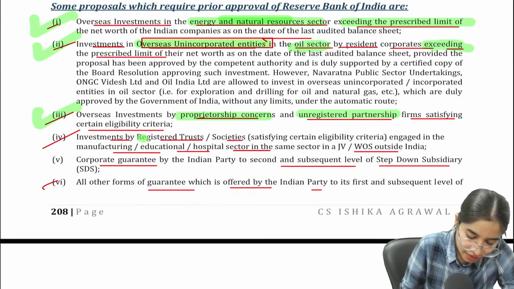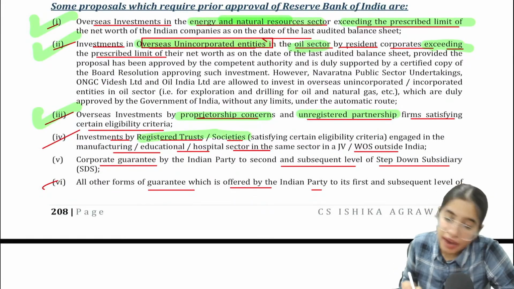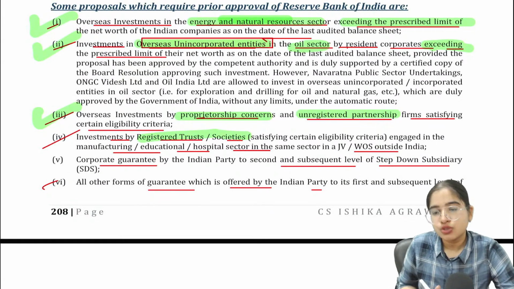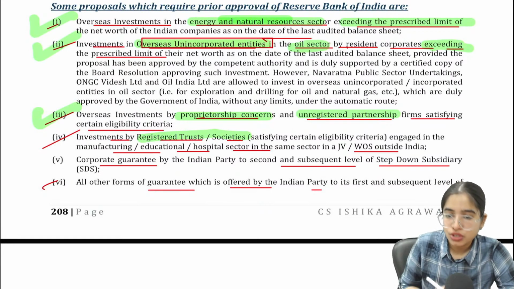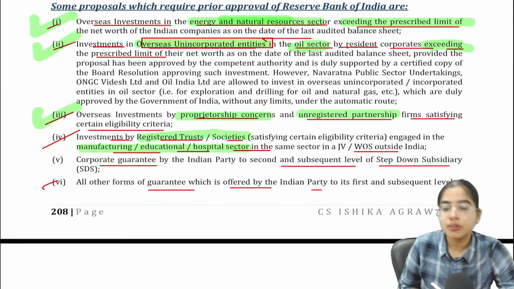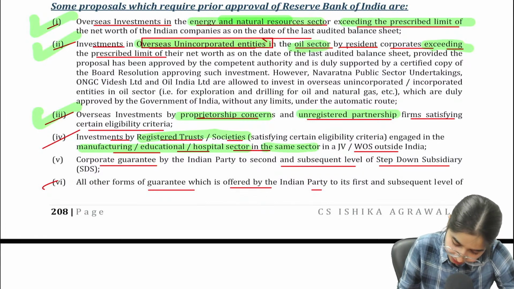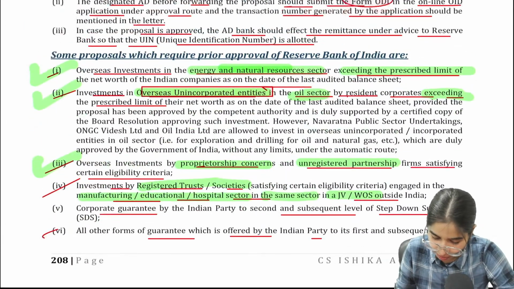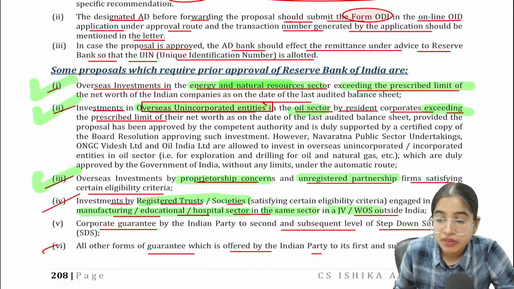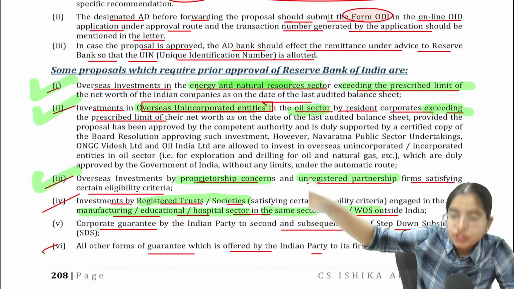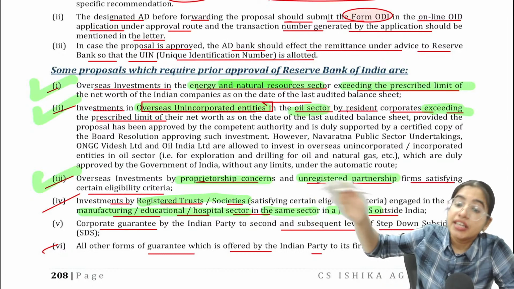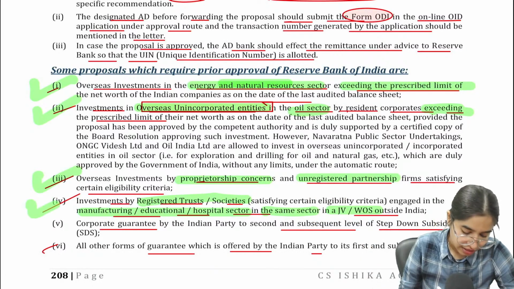So the point is given: if the investment is made by an Indian trust or society engaged in business like manufacturing, educational, hospital, in the same sector, in a joint venture or wholly owned subsidiary outside India that is engaged in the same sector,